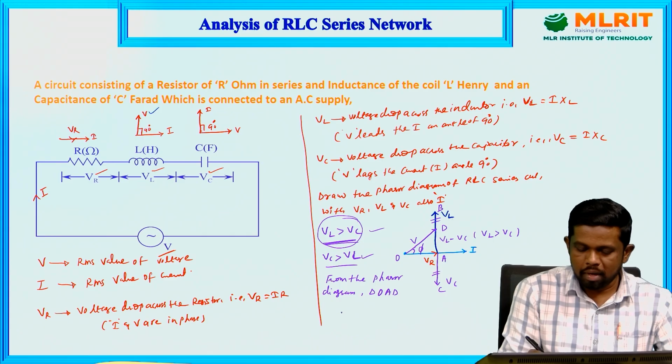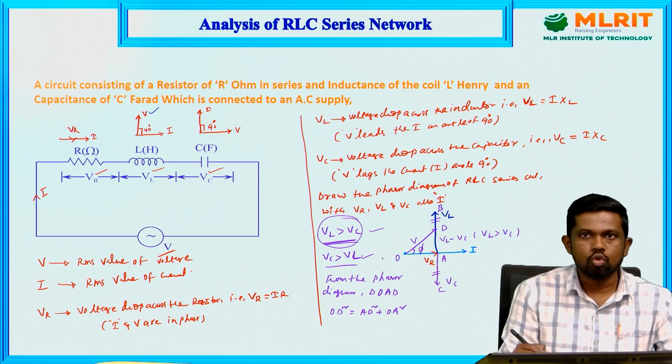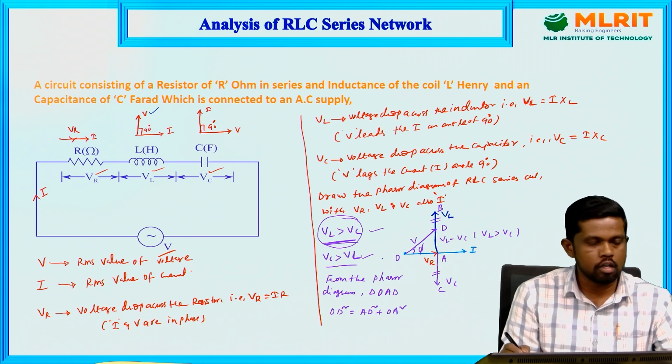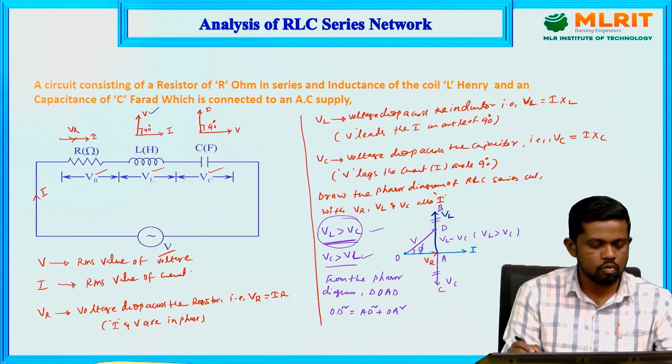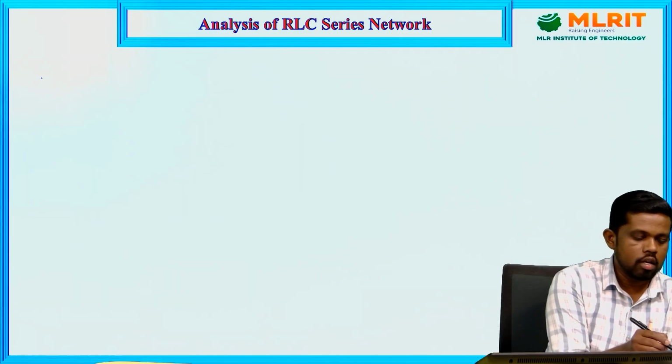So according to Pythagoras, OD square equals AD square plus OA square. So for this we need to find the resultant current circulating in the network due to the applied voltage. So again, triangle OAD,